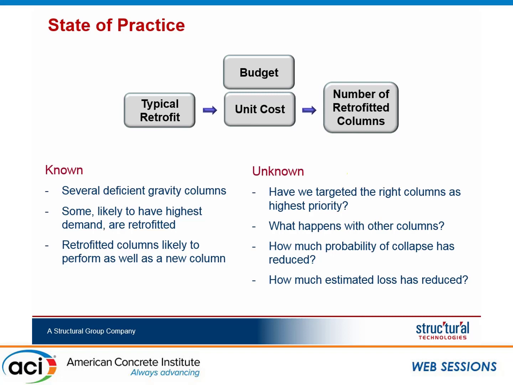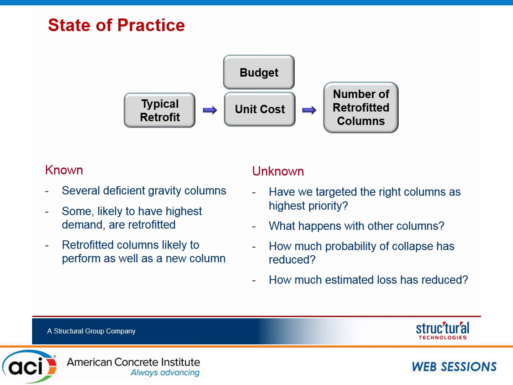So at that point, it was just deciding where he expected to get the maximum demands. So based on engineering judgment, he came up with locations all at the first level, and he put together the bid set that these columns need to be retrofitted by jacketing and FRP in a way that they perform as well as a column designed today per ACI 318 would. So he showed me this, and he asked me if my company wanted to put a bid. And of course, we would welcome that. But